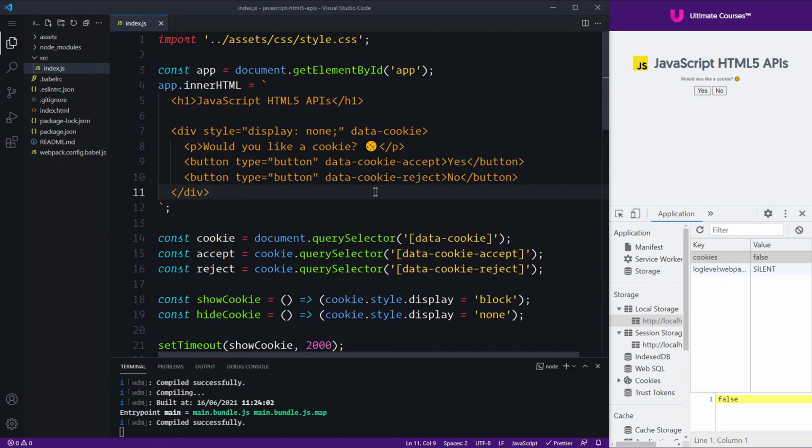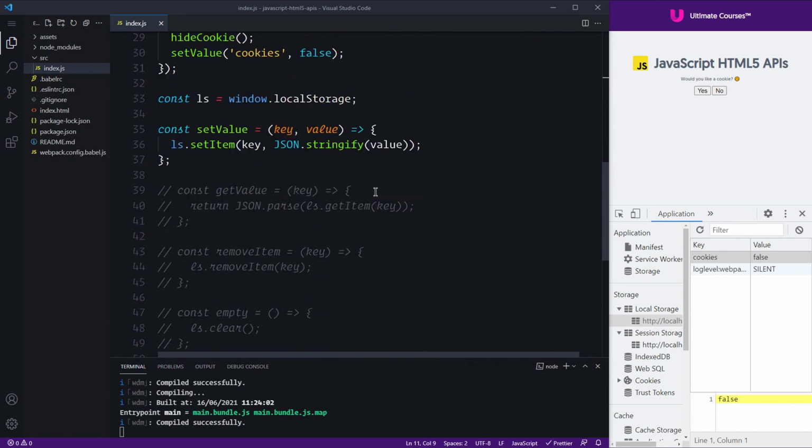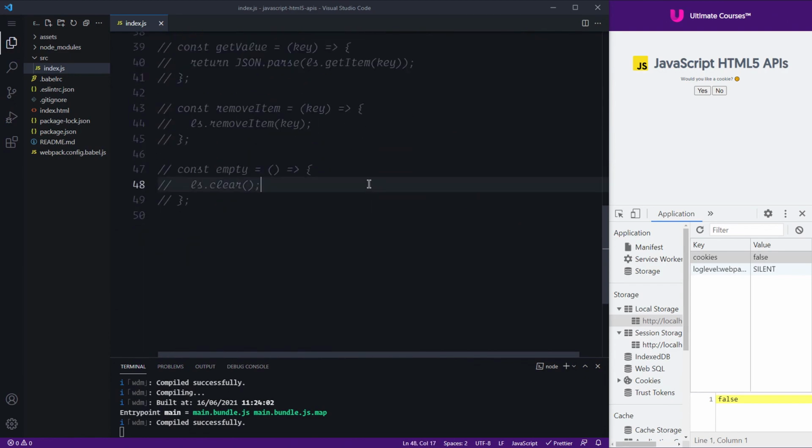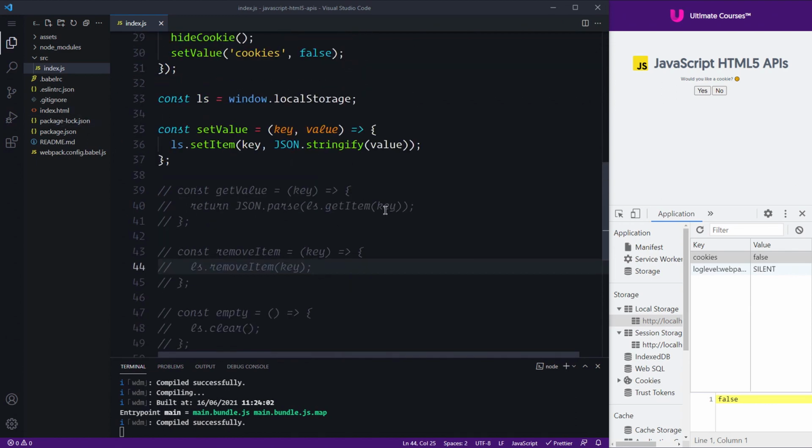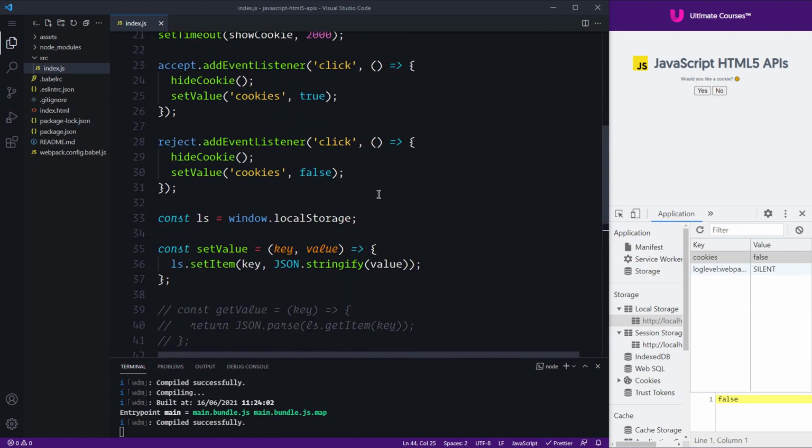So this is where we got to in the last lesson. Now I don't know about you, but this feels like we're expanding our code quite greatly to a point where we kind of need to break things down into functions and modules. So what we're going to do in this lesson is learn how to move things across into their own files and essentially refactor our local storage to create a nice web storage module that handles not only local storage, but